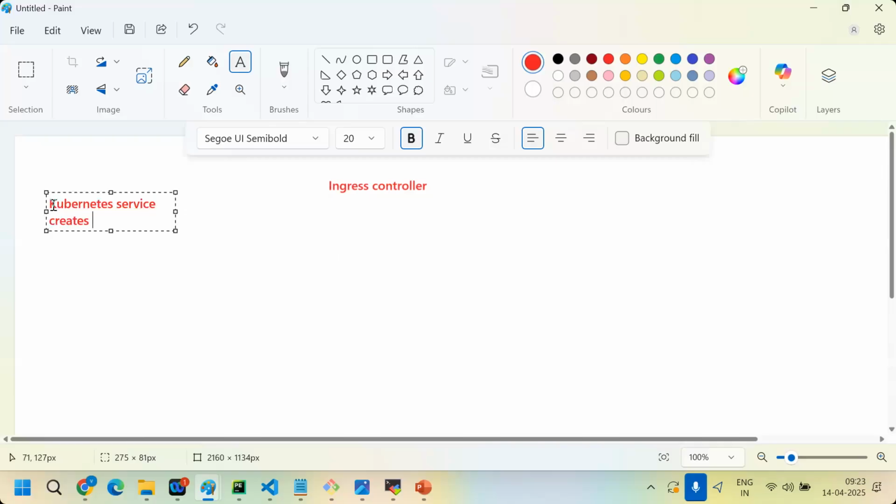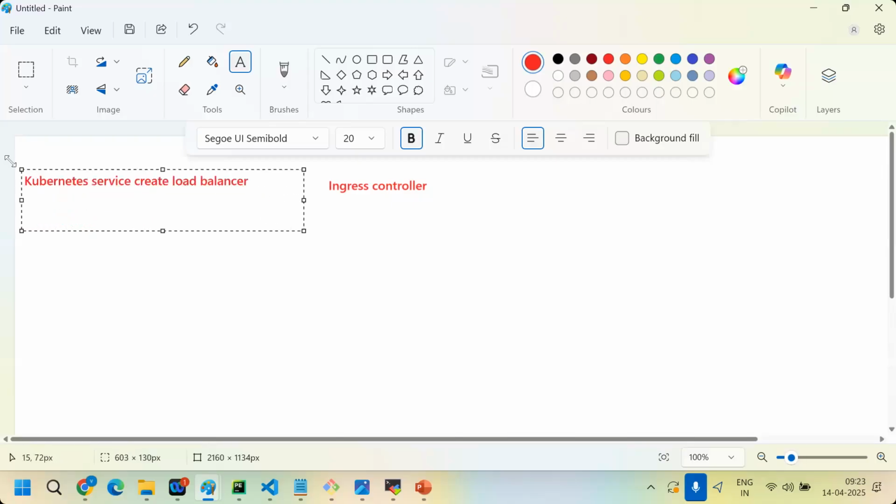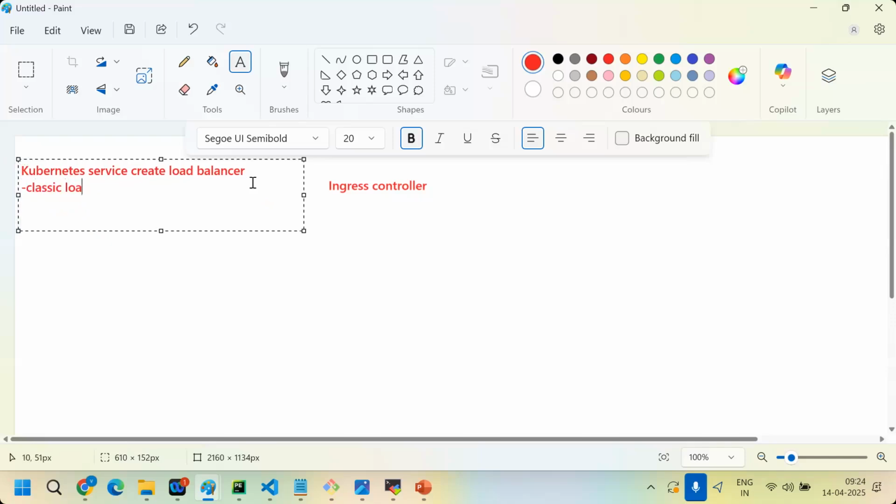This load balancer type is not an application load balancer. It's a classic load balancer, meaning a kind of network load balancer only. It does not support path-based routing.